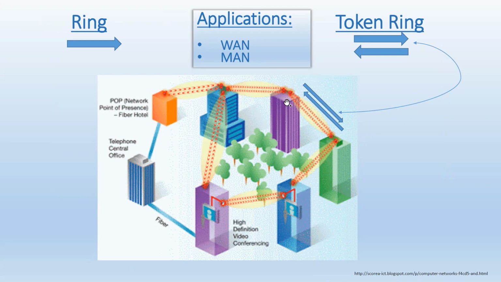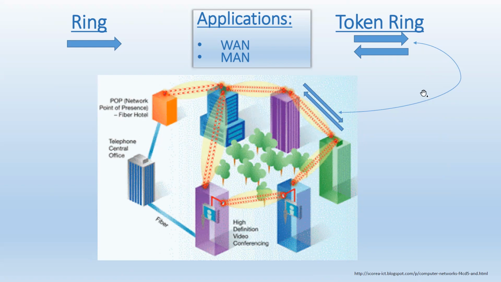A token ring enables data to travel either way, not both ways at once, either way. So if there's a token ring configuration and this building's power goes off, then when this one tries to communicate to that one, there's no communication, no response, a dead end link. So it says, if I can't communicate this way, I'm going to try the other way. Maybe I can get through this building the other way. So there you go. Data can communicate both ways. Ring, one way only. Token ring, things can communicate both ways.